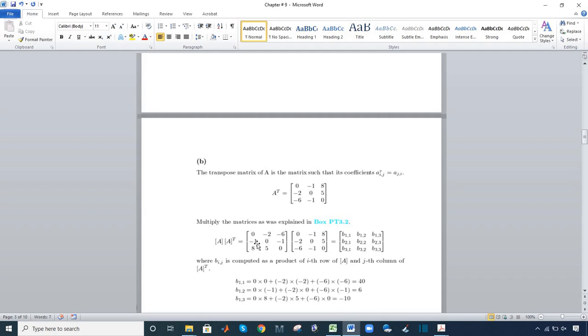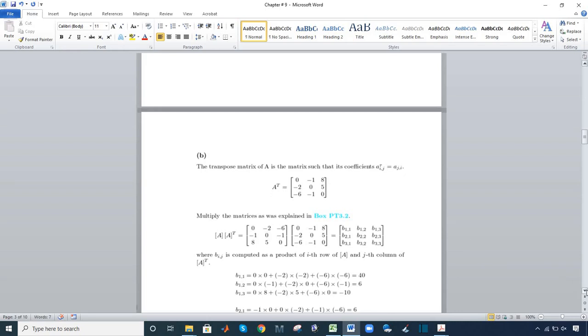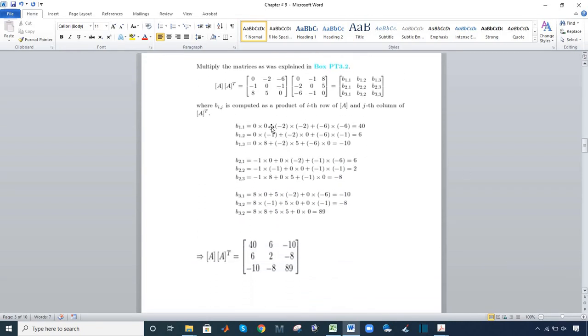each other, means matrix with its transpose. Here is the procedure explained in detail for the multiplication of two matrices which you have already studied, and it is very easy to multiply two matrices with each other. This is the required answer after multiplication.